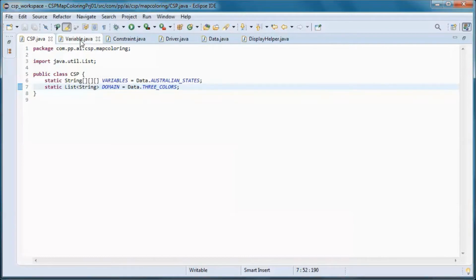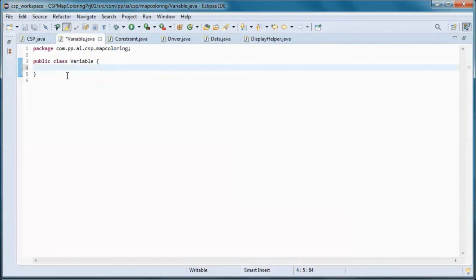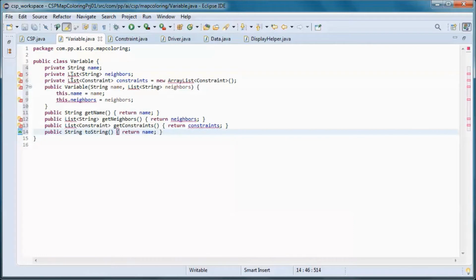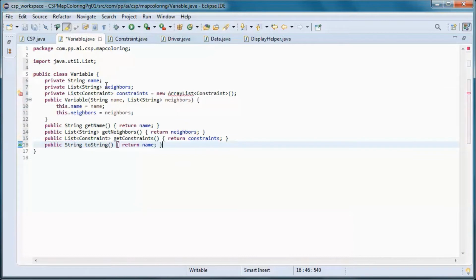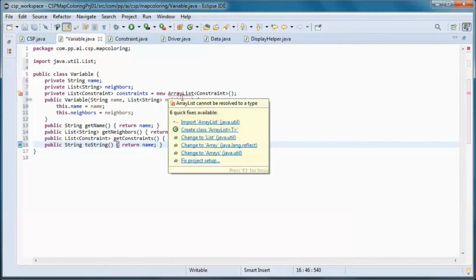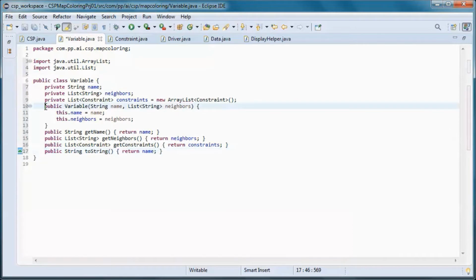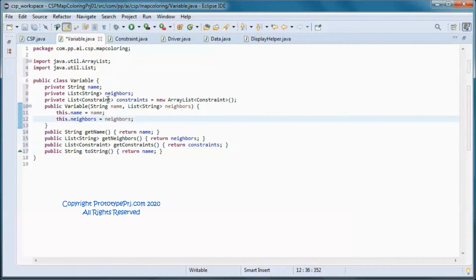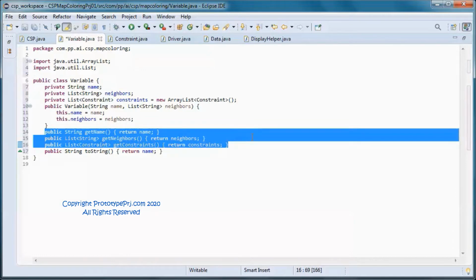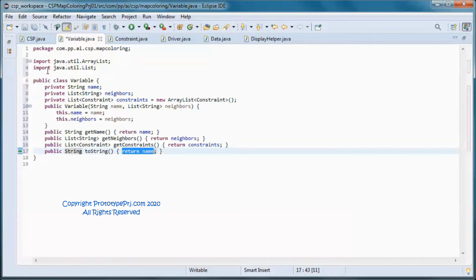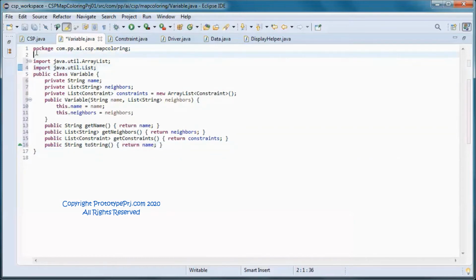And a variable, or a state in this case, will have a name and a list of neighboring states, and those will be initialized in the constructor, and it will have a list of constraints and get methods for those 3, and the toString method will return the name of this state.